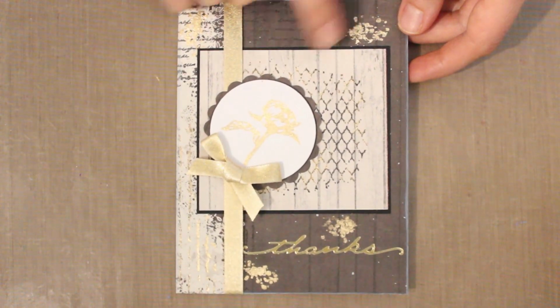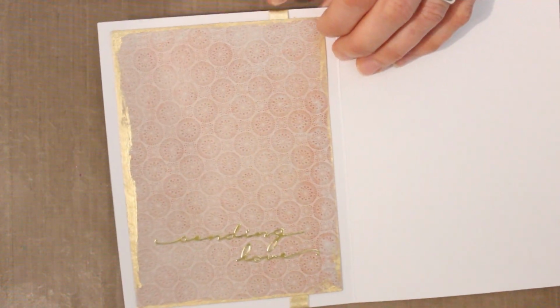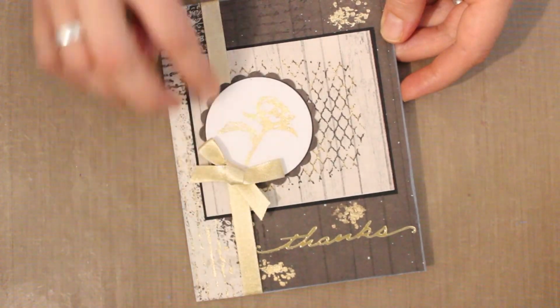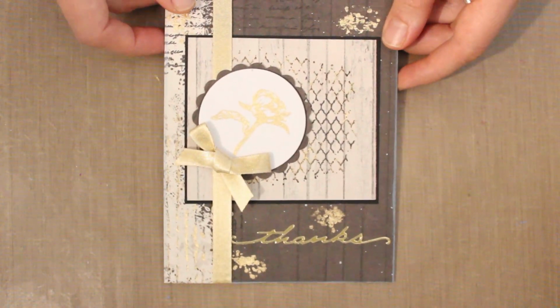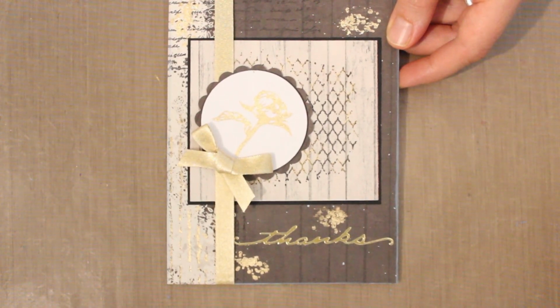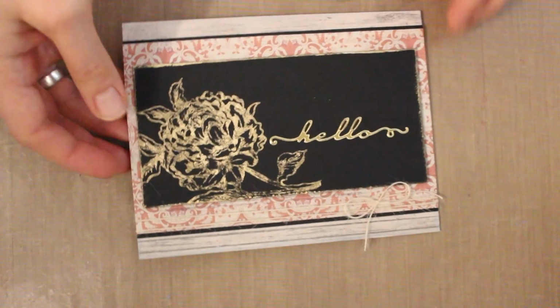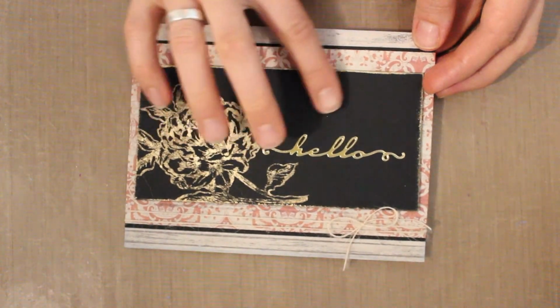So I've got my splats on here, I've got my flower here. On the inside, I've got some gilding going around this piece, and you can see that it's covering up the ends of the ribbon that I have going across the front of my card. Now, I love how it looks on this dark pattern paper, so I wanted to see how it would look on black cardstock. So take a look at the peony that I've stamped on here, and this is just plain